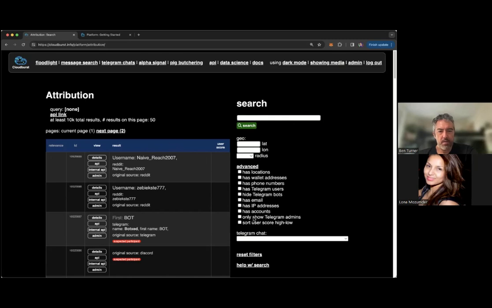So what I usually like to do when I start out here is to get a lay of the land by searching for Telegram admins. These are the most influential people in market manipulation. I'll sort by the user score, which is a reflection of how influential they are within their chats when they're making trades. And I'm going to hide bots because bots are often in a lot of different channels and therefore they have a higher score. So I'll just do a search for that.